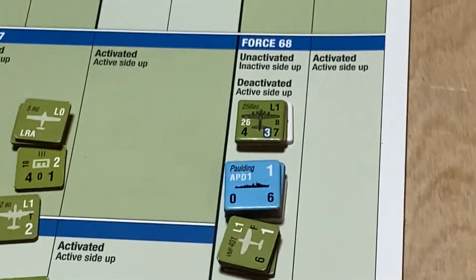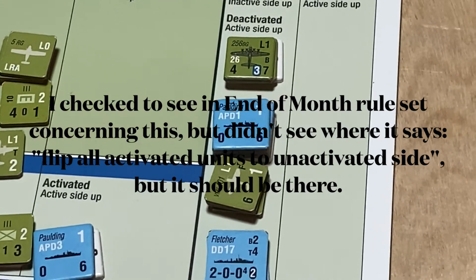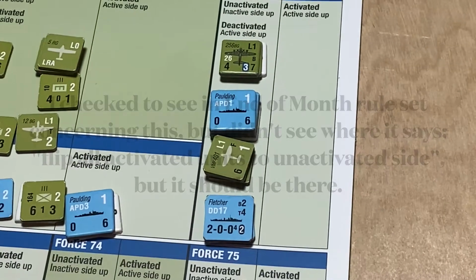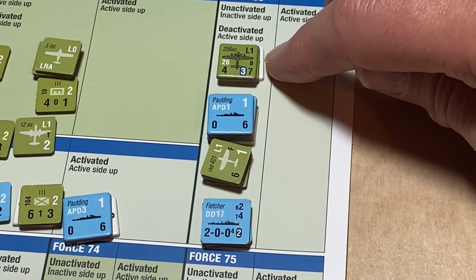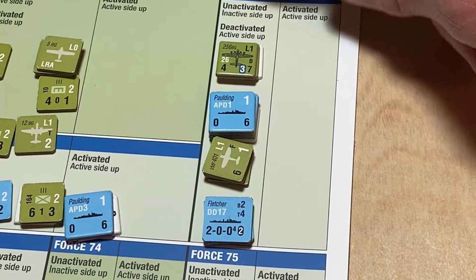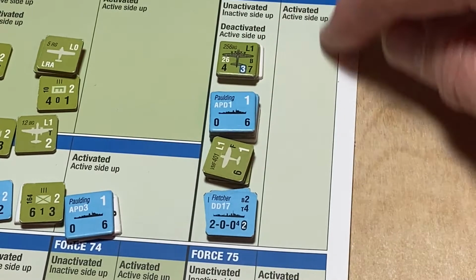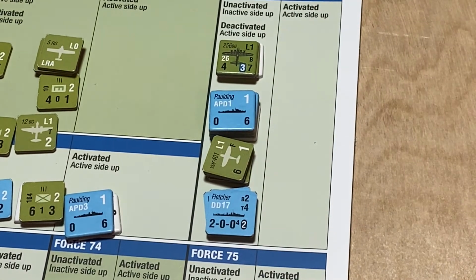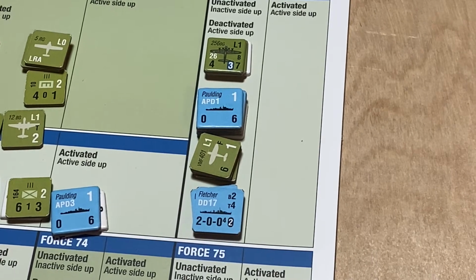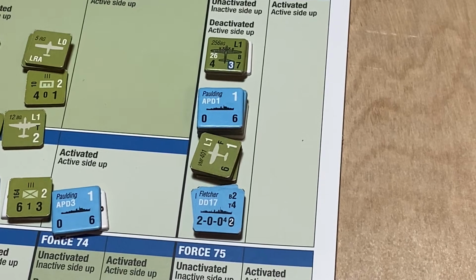And I was not doing that. I was flipping them over to the inactive side. But if it's still the same month, you need to make sure they're still on the active side, but slid to this deactivated, unactivated side of the force. And it makes this so much easier because I know for a fact that, well, I won't say fact,